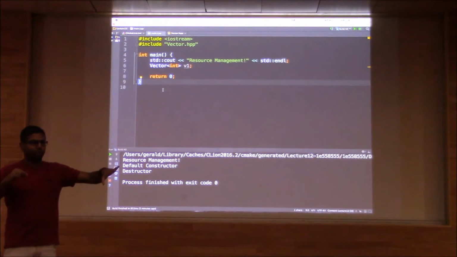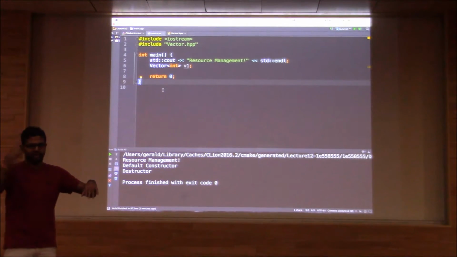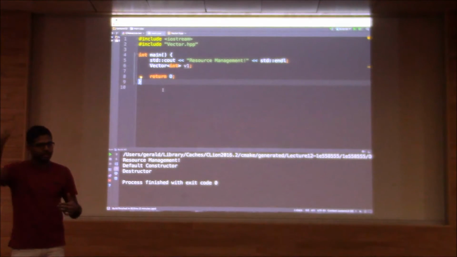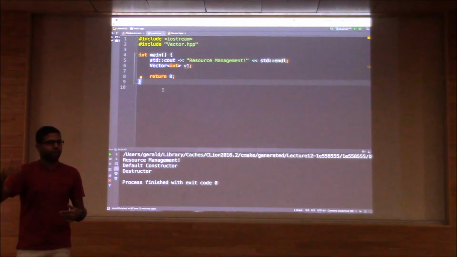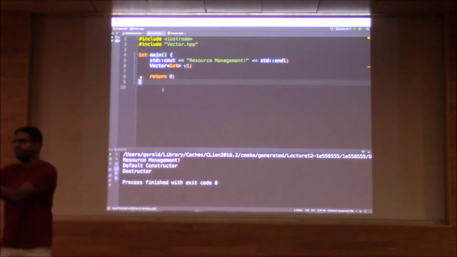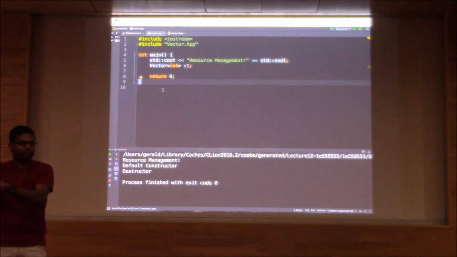But if one variable goes out of scope, if it's not pointing anymore, then that count will become 2, then that count will become 1, and when that count becomes 0, there will be a program called garbage collector which will run internally, which will go through your heap completely and check all the orphaned memory by itself. And since it checks the orphaned memory, it finds out that this particular piece of memory has no pointees, no one is pointing to it, and so now I'm going to delete this particular